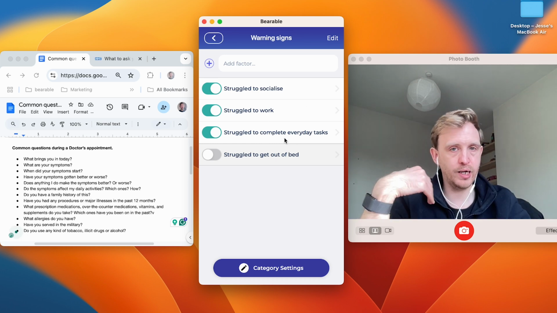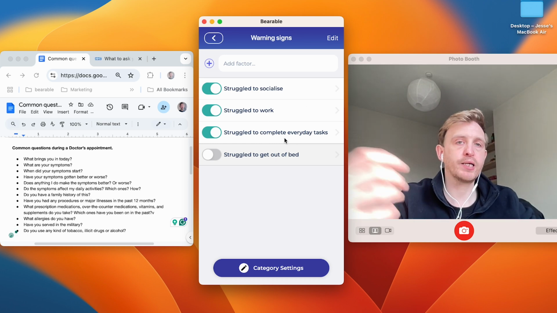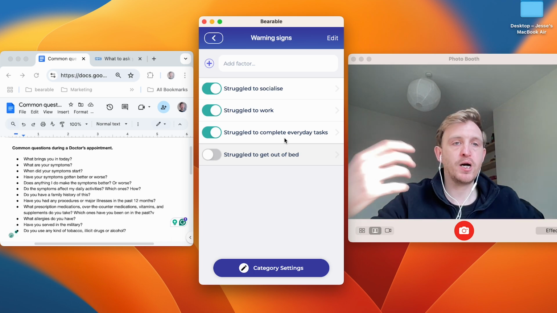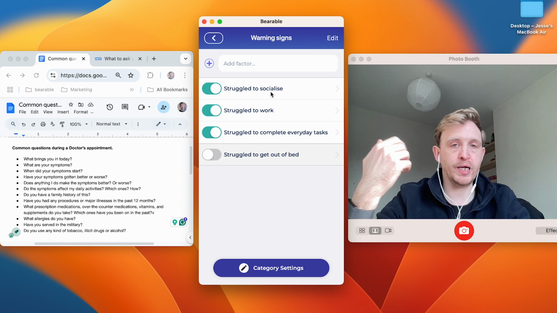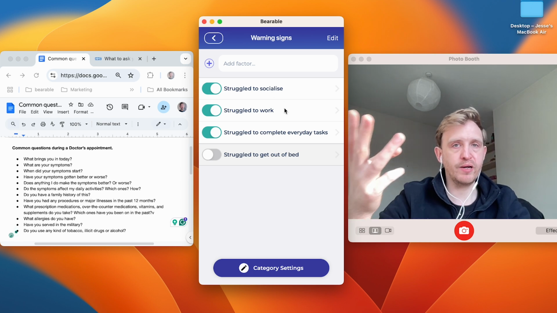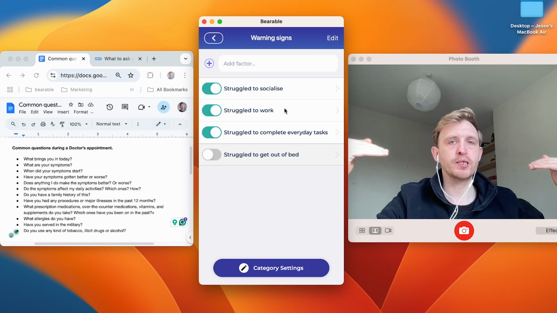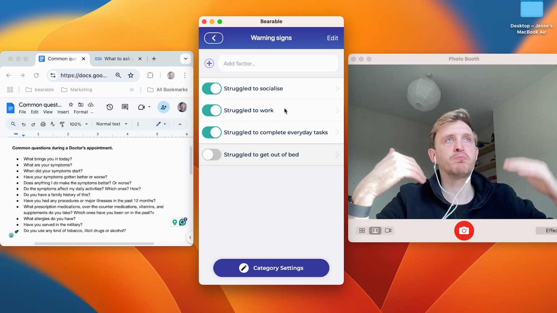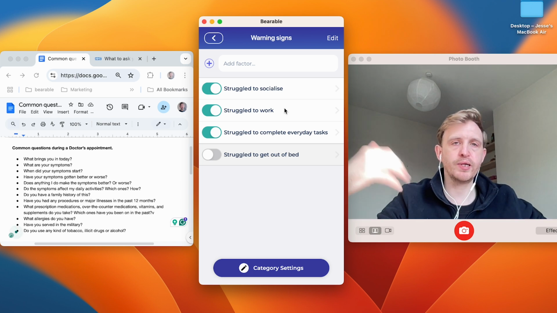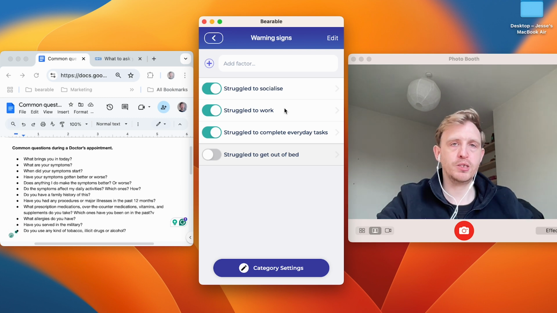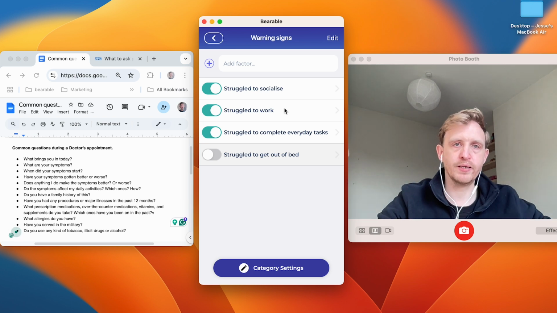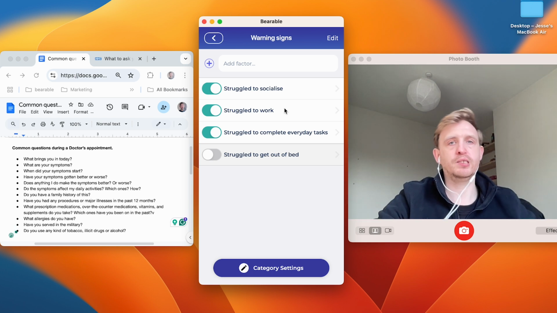I've called this warning signs, and I've added the things that are warning signs that my health is having a bigger negative impact on my overall well-being, my ability to do common things. So being able to socialize, being able to work, being able to complete everyday tasks, these are often markers of how severe a health condition is. Your symptom severity can be high subjectively, but often a medical professional is going to want to know how much those symptoms are impacting your ability to perform everyday tasks in your life. Can you function in society?